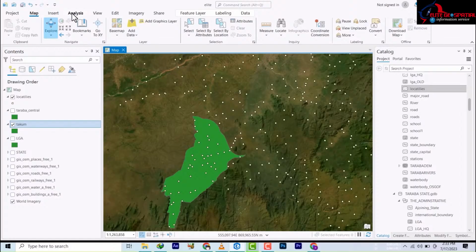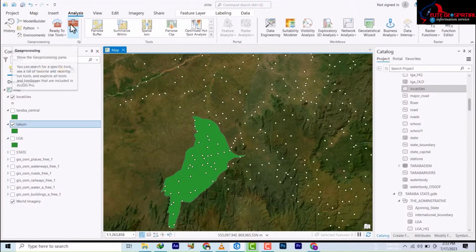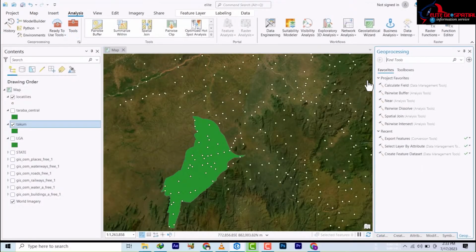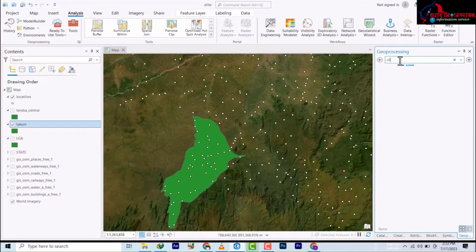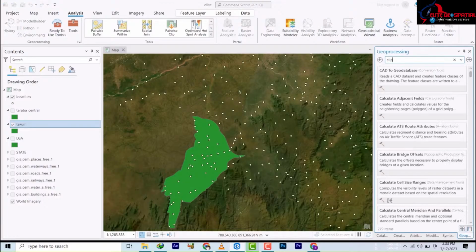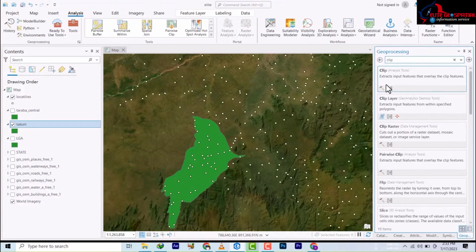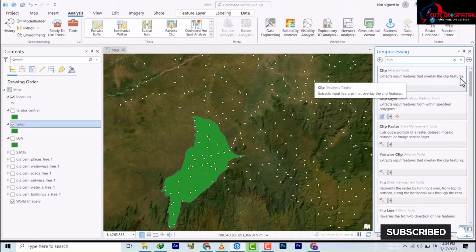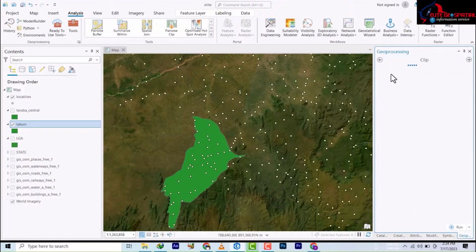So you go to the Analysis tab up here, and then you click on Tools. It's going to bring you to the geoprocessing tools. What we need here, we'll search for Clip. Here there are varieties of clips which we'll be going through one by one, but this is what we want: extract input features that overlay the clip. So we're going to click on this,